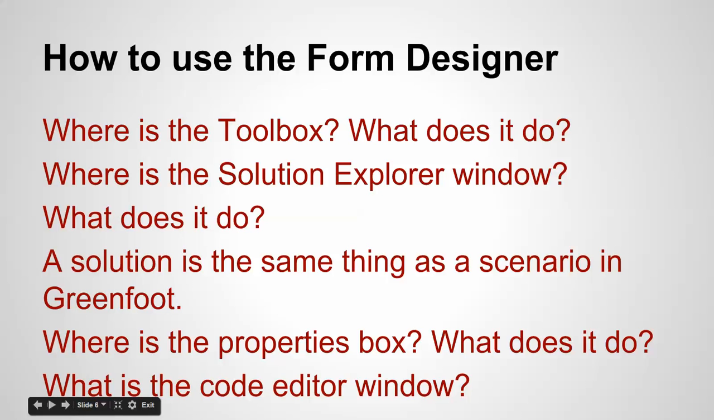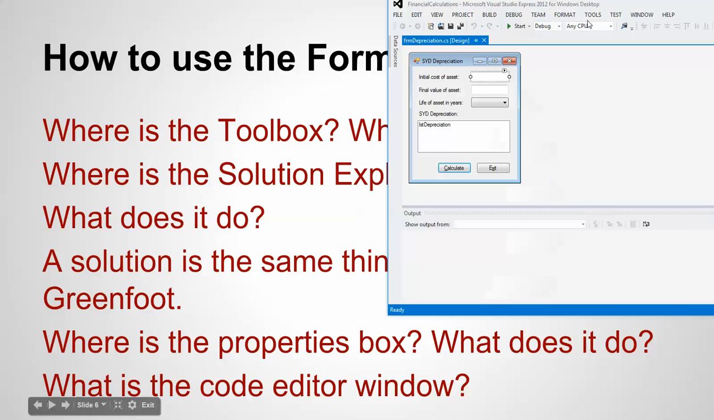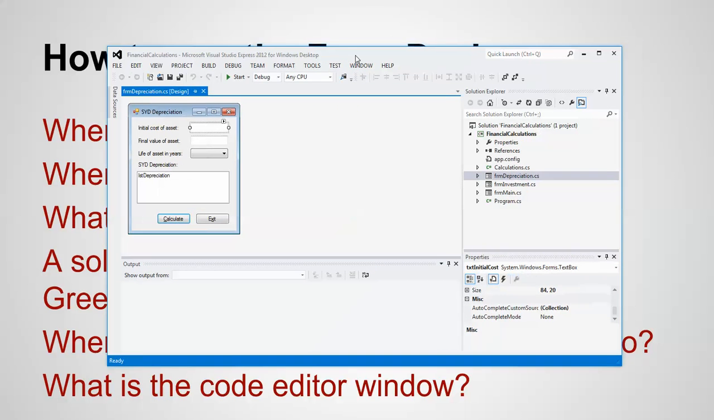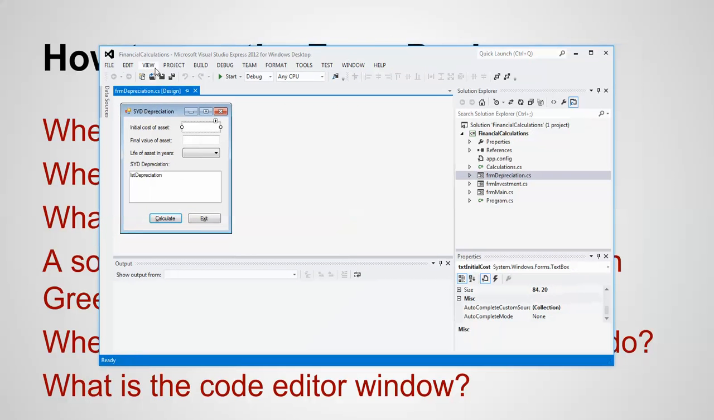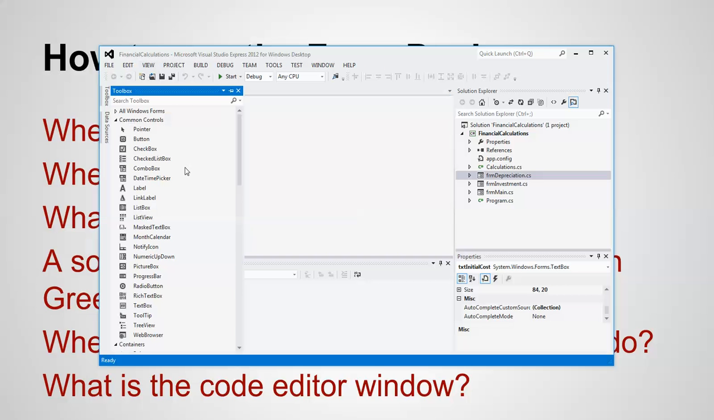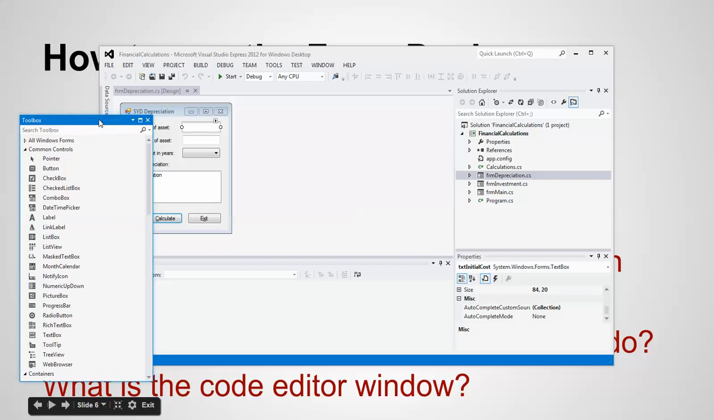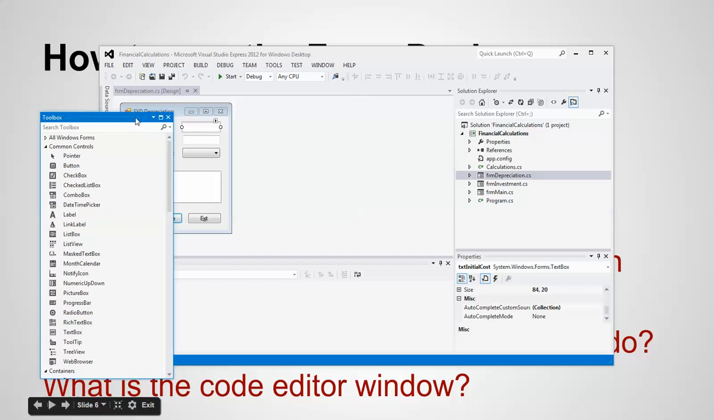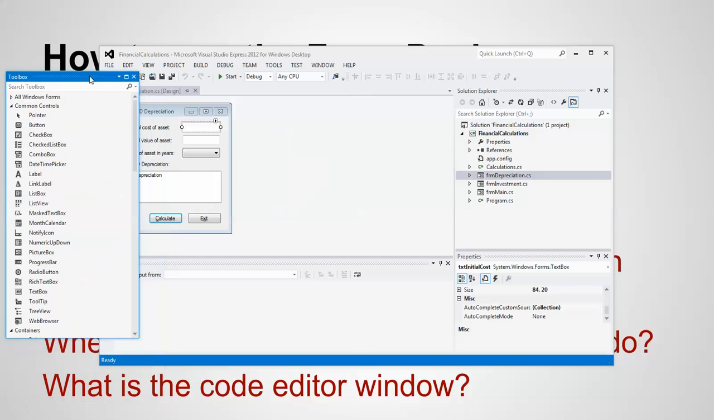Okay, so now let's talk about the nitty-gritty of it. Where is the toolbox? Well, I don't know. Somebody deleted my toolbox, so let's go to View and turn on the toolbox. There it is. Okay, so here's the toolbox. The toolbox normally goes over here in the corner, but for some reason I've got it